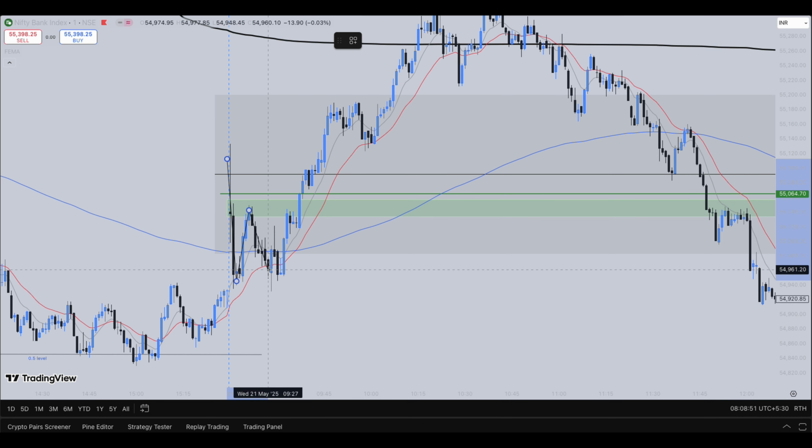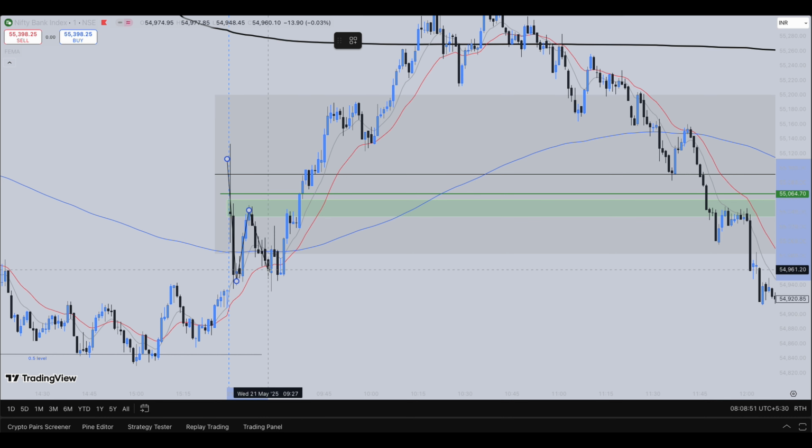But what happened here is that the market took support from yesterday's close level. So this is yesterday's close level, guys. The market took support from yesterday's close level, as well as swept this liquidity and showed some bullish momentum. After this huge upward momentum, where the market even broke this structure high, from the high of this candle to the low of this candle, once this 0.5 level has been broken towards the upside,